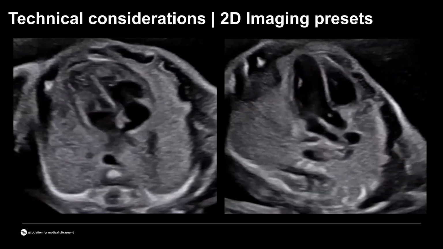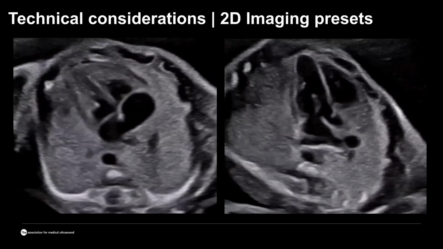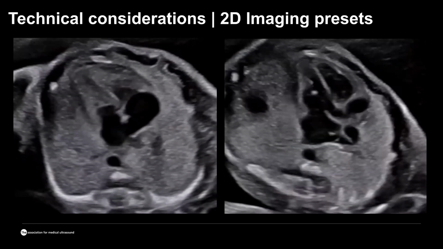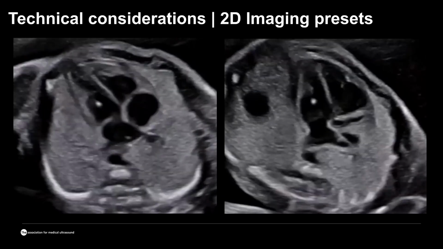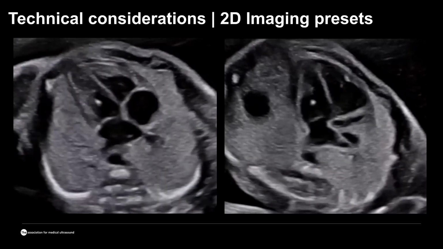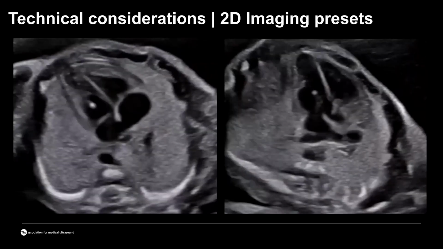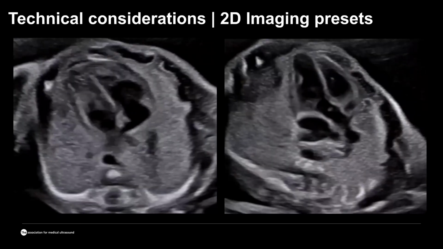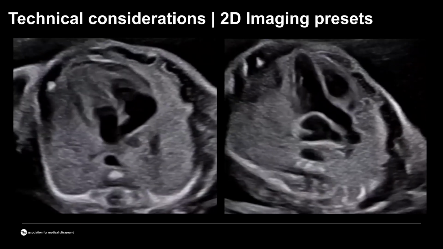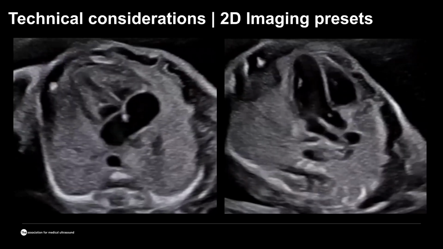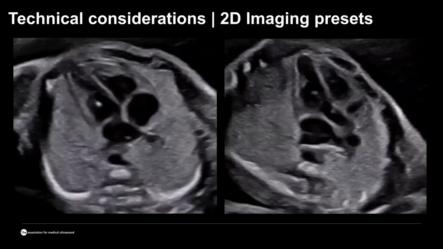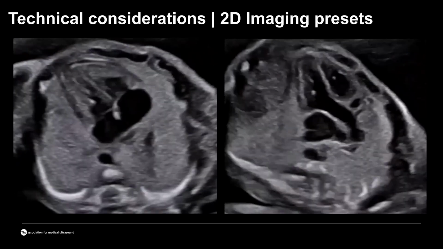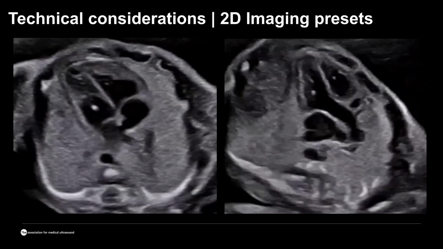The next thing that I would like to talk about is also related to the technical considerations when we are doing fetal echocardiogram. These are different presets and a different approach to the preset. Most of those technologies that we just highlighted can be embedded in the preset. And indeed, once you switch to the fetal heart, all of them can be automatically activated so that you don't really need extra strokes, or extra thought about how you can improve this image. That can be created and customized the way you want it.